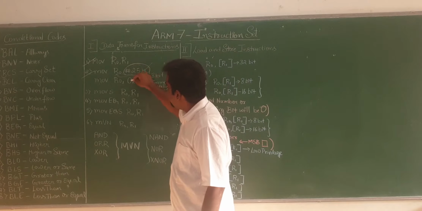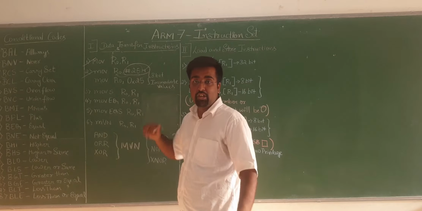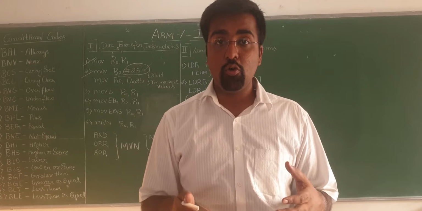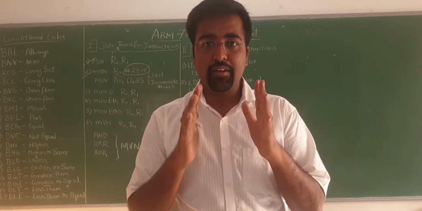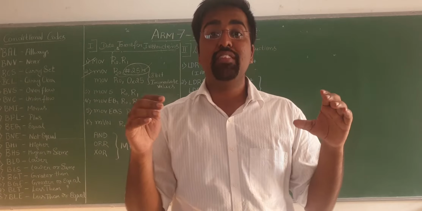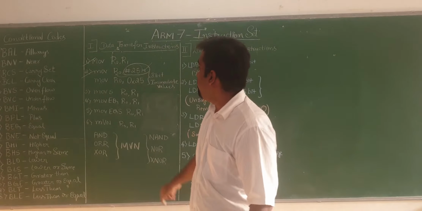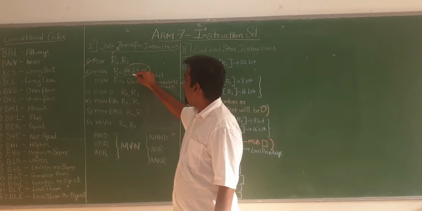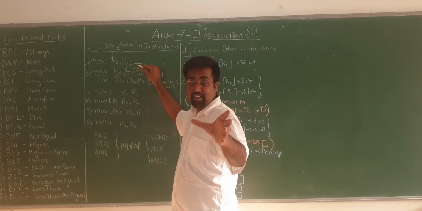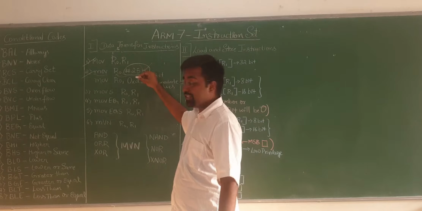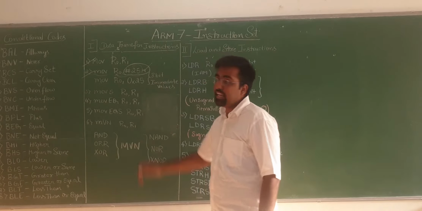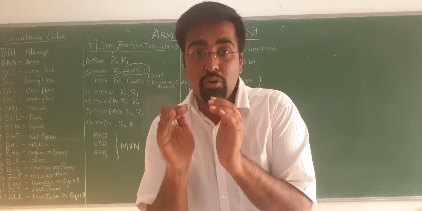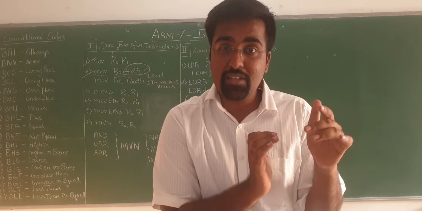So here 25, if you observe, you might encounter one type of question: what is the number of bits it has been limited to? My dear friends, please mind it. Your whole instruction is of 32 bits. This opcode is of some bits, this register is of some bits, and here I am fixing this particular data. It is an 8-bit immediate value which I can pass. So 8 bits are reserved only for that particular data.